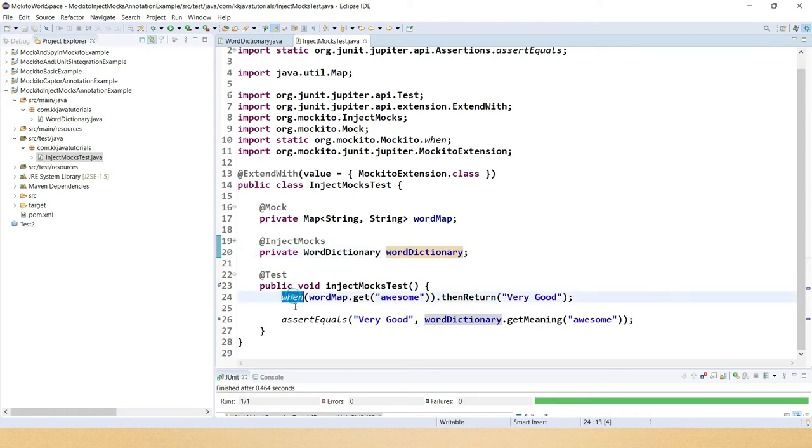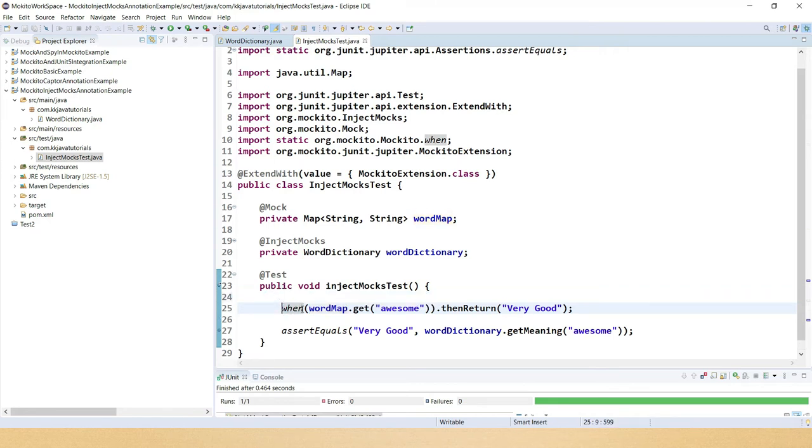And here I'm calling the when method. I'm telling Mockito, when someone calls wordsMap.get with the word "awesome", then return "very good" for that call. Here I'm just using assertEquals, and as the expected result I'm passing "very good".